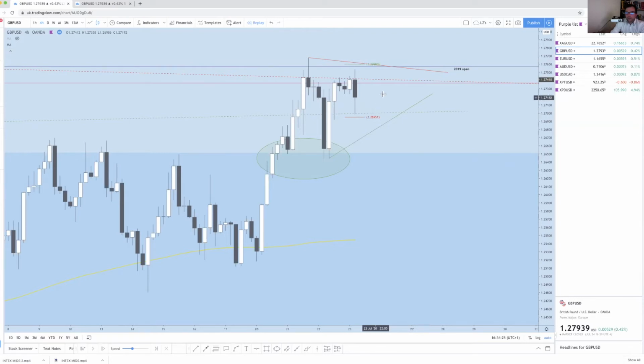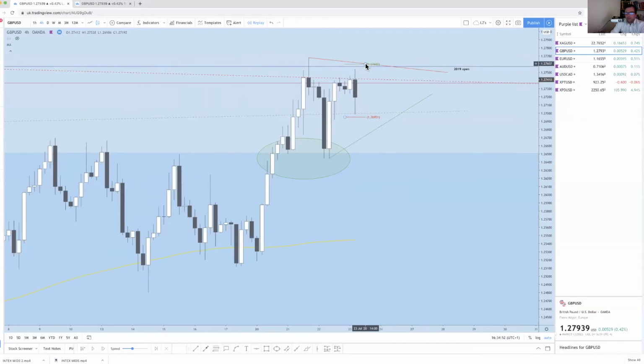So the signal to put in an entry is actually price looking a little bit weak and looking like it might move away and we will never get triggered, which is fine. Maybe our idea is wrong, but we're being given a chance here to not even lose any money if our idea is wrong. If our idea is correct and we get triggered, then momentum has moved back into our favor. It wasn't